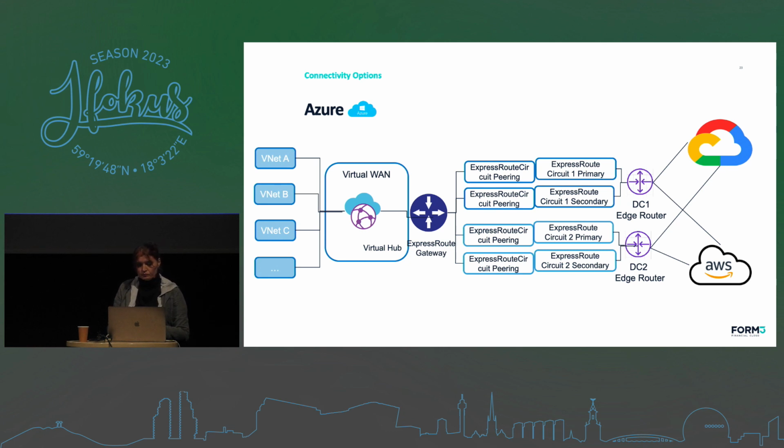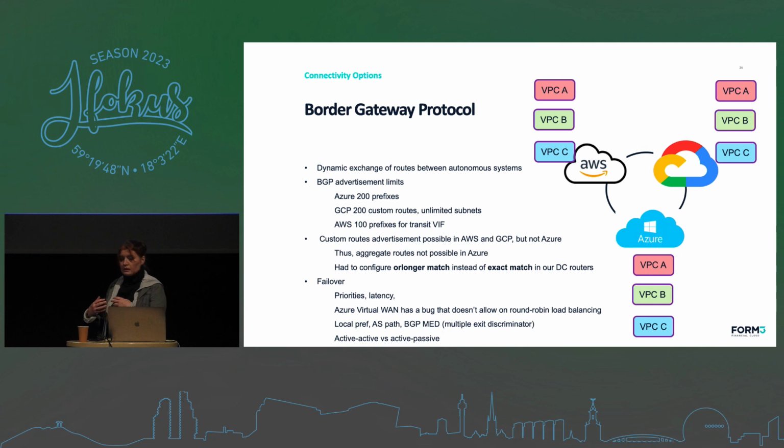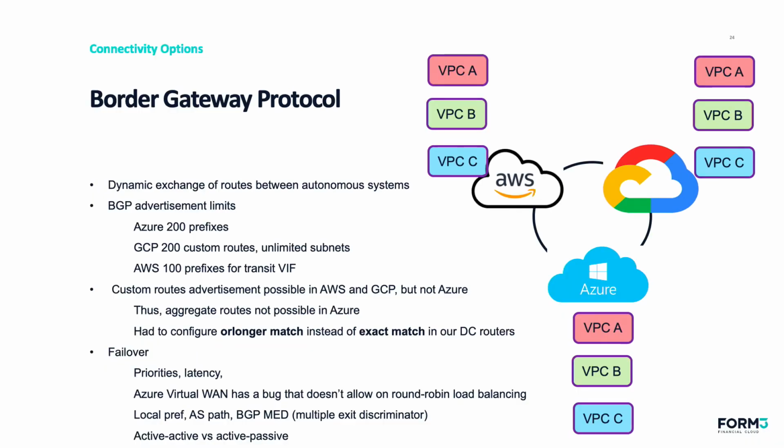So eventually, it's more like a hub and spoke architecture than using Virtual WAN with a full mesh. The base for the connectivity across clouds is those direct links and direct connectivity options for GCP, Azure, and AWS. On the other hand, to make it work with dynamic VPCs, dynamically created and torn down, you need some